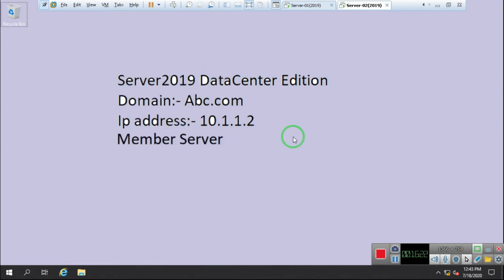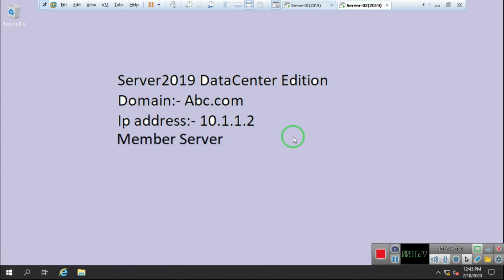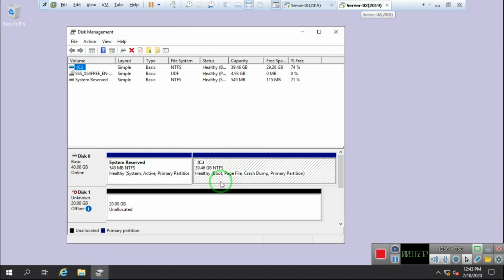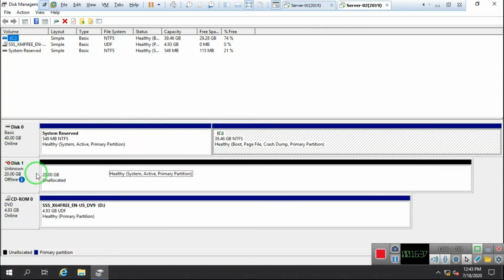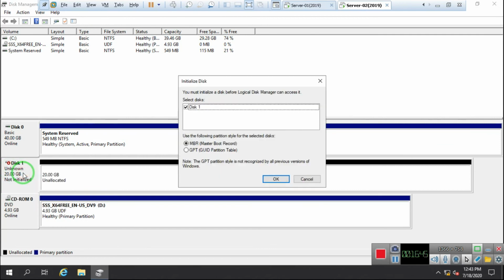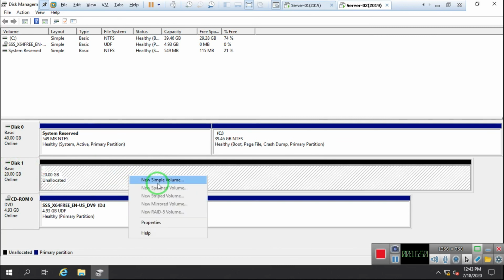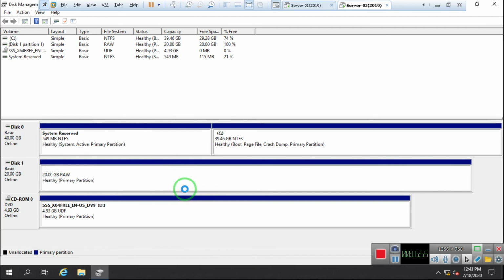Now if I open Disk Management in server 2, as you can see, a 20 GB space is there now. I assigned 20 GB to my server 2. So this shows disk 1 is 20 GB. Right click on that, click on Online, then Initialize, choose the partition table, and you can see disk 1 is there now. Now I create the partition. I assign one partition, the full 20 GB space. Now you can see the E drive with 20 GB.